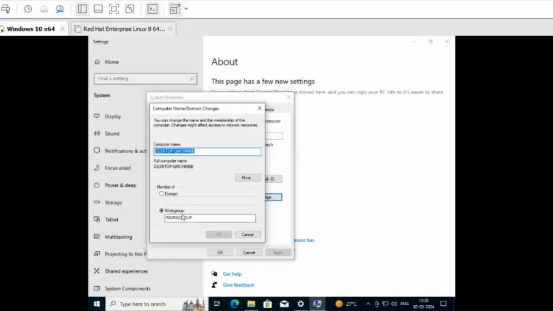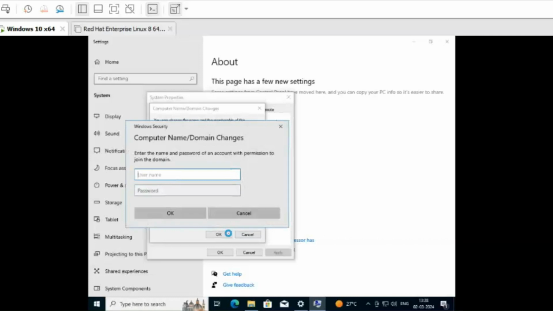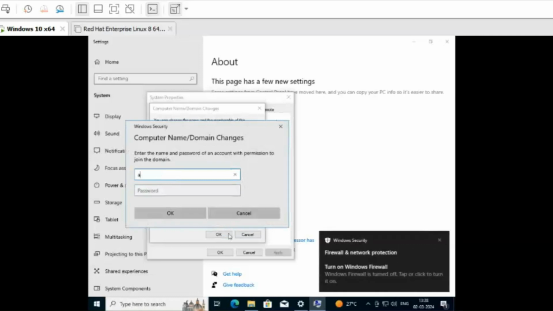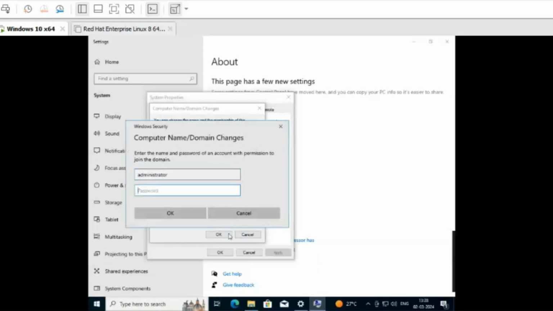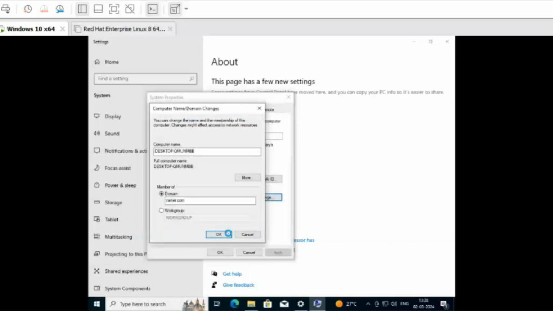By default it is in workgroup, so we have to click on the domain option, then type your domain name. My domain name is trainer.com. Just type that and do OK. Then it will ask for the username and password. Type here administrator and then the password cloud@123$. Then OK,